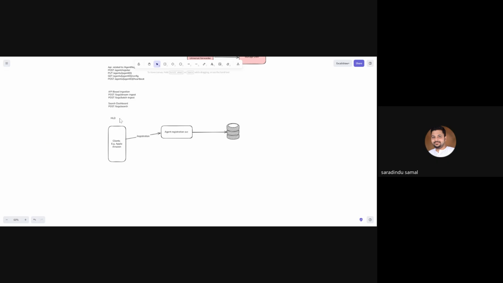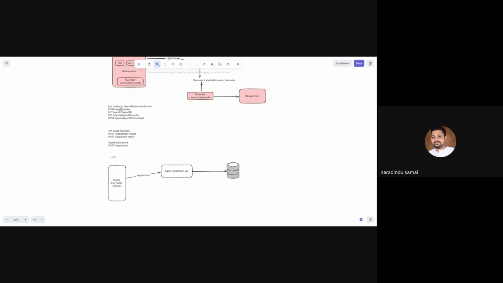So the agent registration. Once the infrastructure is set up by the client, they will just install the agent in their app server, and the agent will start the registration process, basically onboarding the client. So when the agent register API gets invoked with the client information,